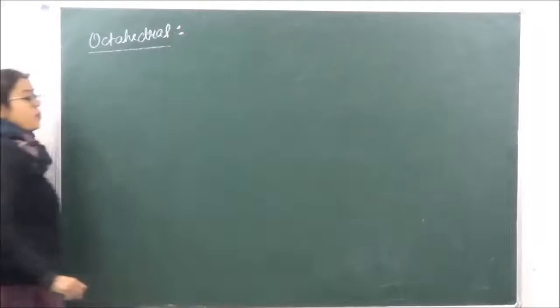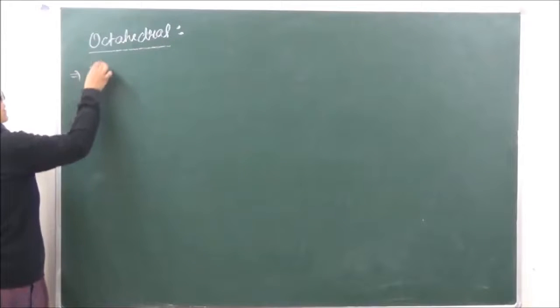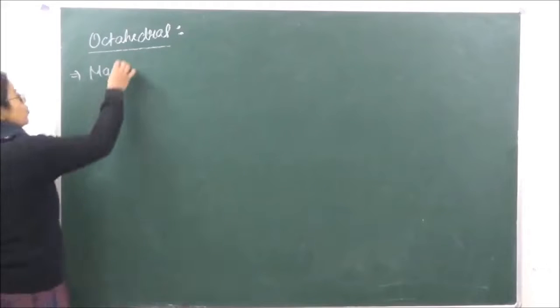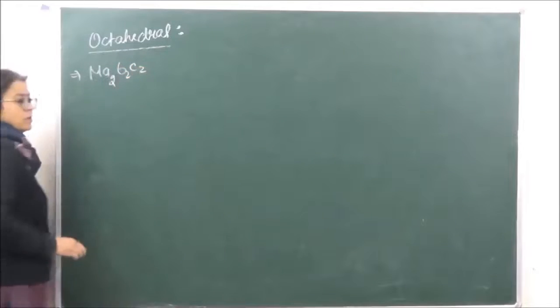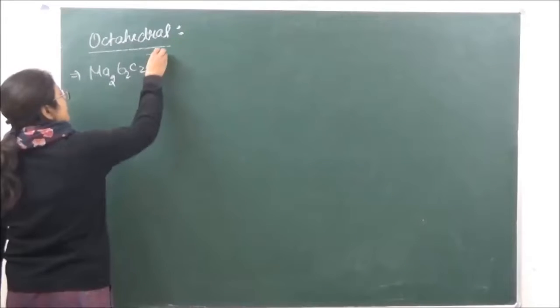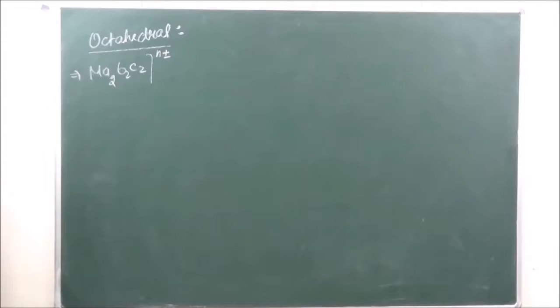We are talking of octahedral complexes which are going to be optically active. So compounds of the type Ma2b2c2, right? The ion may be a cationic species or it may be an anionic species. These are going to show optical isomerism.